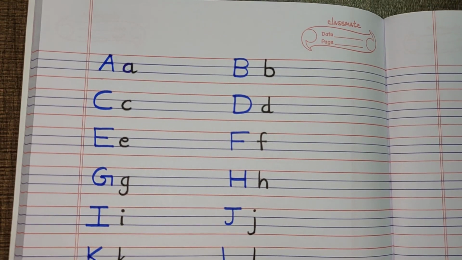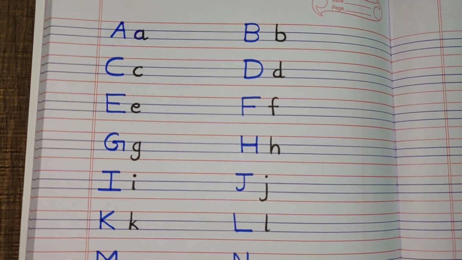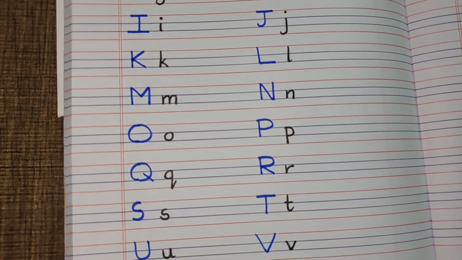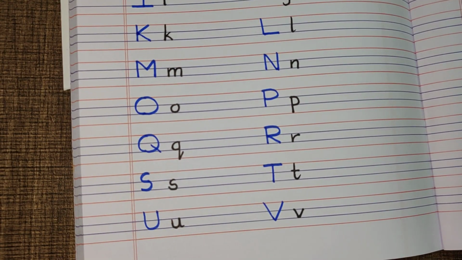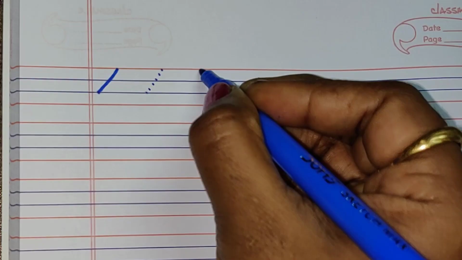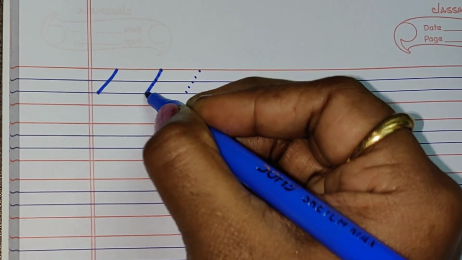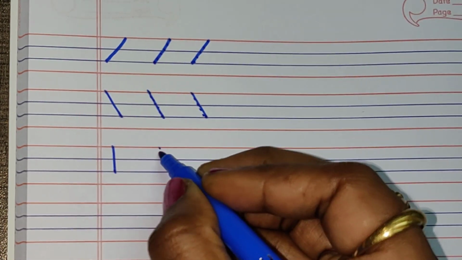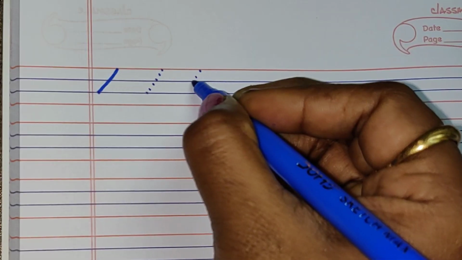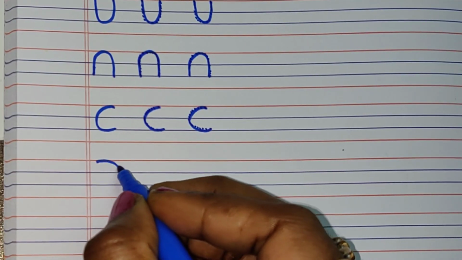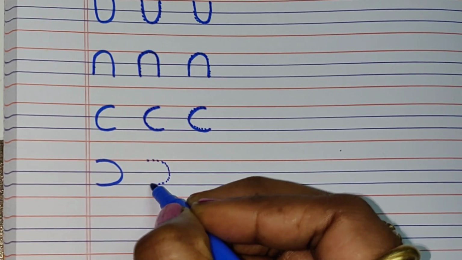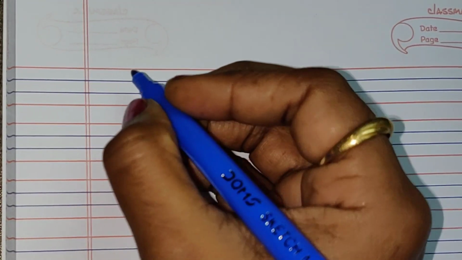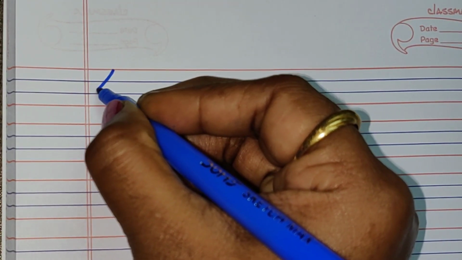So today in this video we are going to see how to write capital letter and small letter alphabets in 4 lines note. So before moving on to alphabet, a basic freehand practice on 4 lines note. So let's move on to that. So just we can practice how to put a line, how to put a slanting line, how to put a curve. So let's start. So first, this is a slanting line which is from right to left.